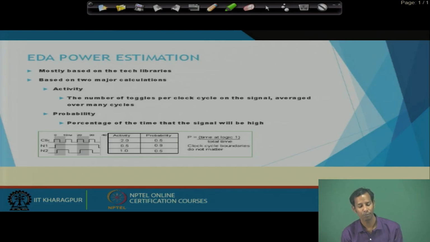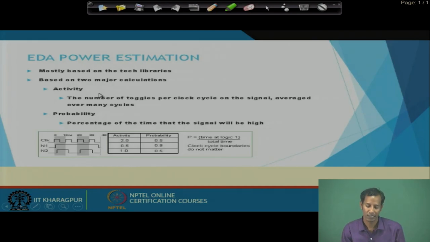Activity is the number of toggles per clock cycle on the signals, averaged over many cycles. The probability is the percentage of the time that the signals will be high. Based on these two, activity as well as probability, the tool calculates the overall power consumption